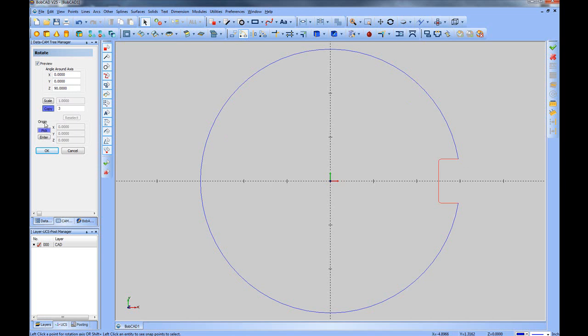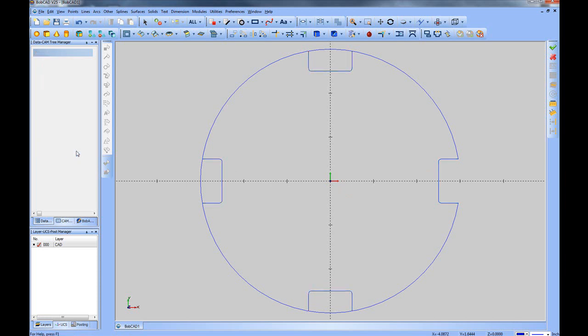Now, since the origin's set to pick, it's waiting for me to pick somewhere on the screen, so I don't have a preview because it doesn't know where it's going to rotate to. Let's go ahead and change the origin to Enter. Once we've done this, we could see the preview because it knows where to rotate around, which is, in this case, X, Y, and Z0, and it's rotating every 90 degrees, and it's going to make 3 copies. So we'll go ahead and click OK,